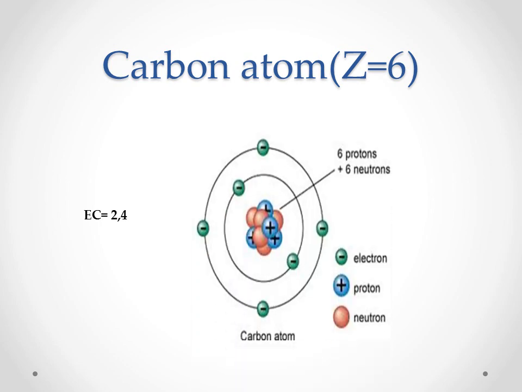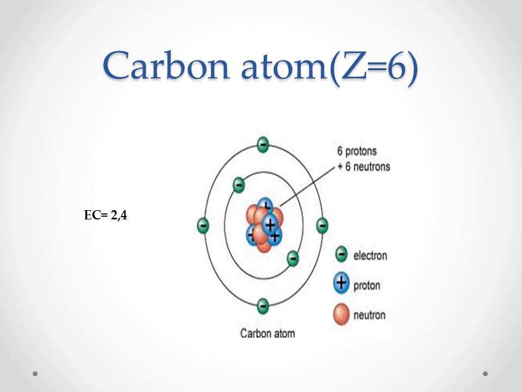Now let us see the structure of carbon atom. First, we have the nucleus. We have to draw the nucleus. It contains protons and neutrons. Now, we have 6 electrons in carbon atoms. How can we arrange these electrons? Already we know that the electronic configuration is 2, 4. So, the 2 electrons are there in K shell. You can see the 2 electrons in K shell, 1, 2. Then the remaining 4 electrons in L shell, 1, 2, 3, 4. So, this is the structure of carbon atom.